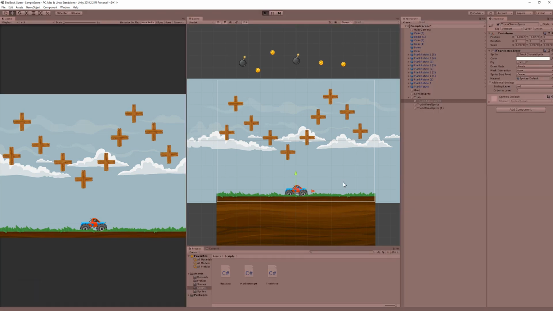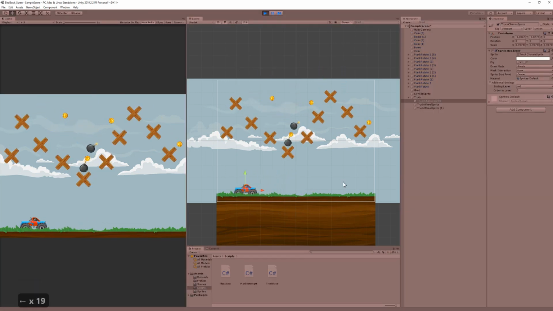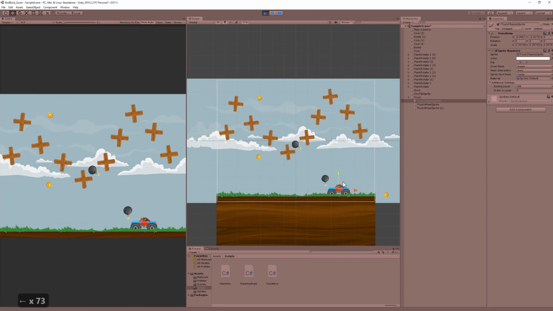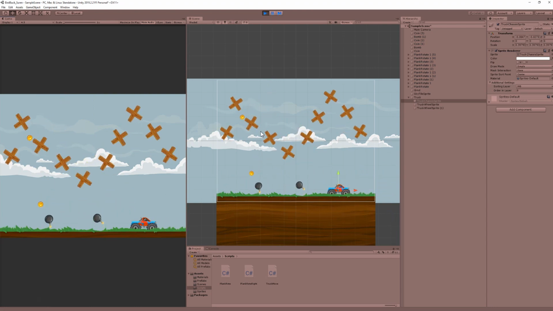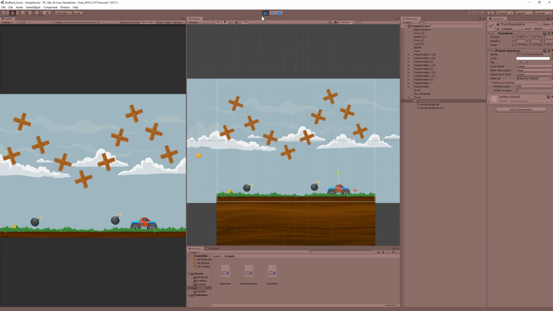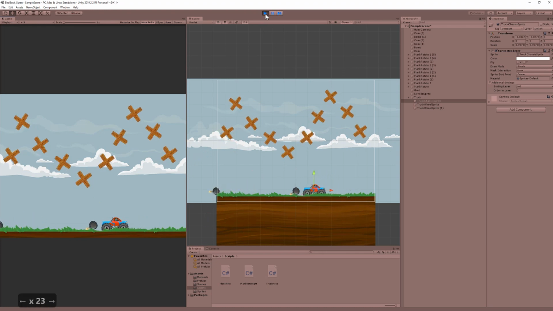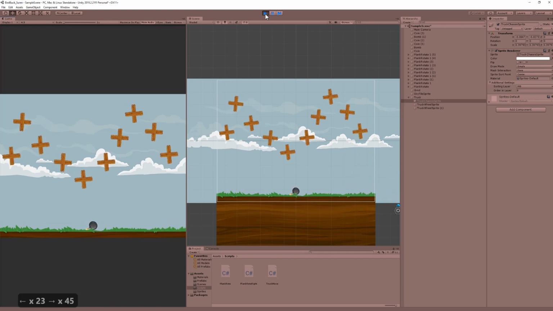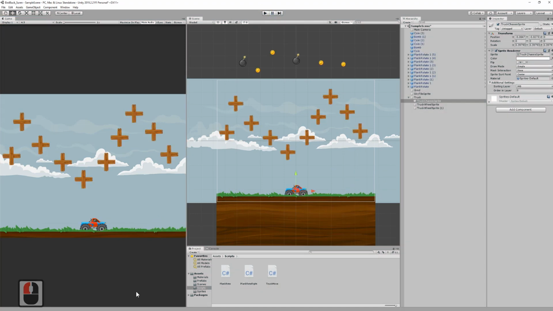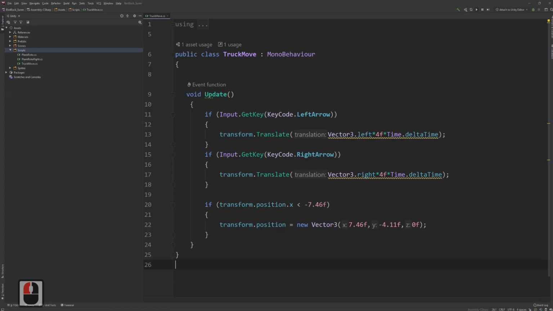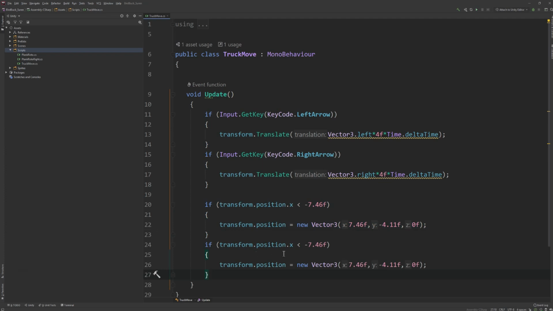Let's play. Ooh la la. Okay, I think there is a problem because the car is trying to fall. Okay, did you see? But I can't go in the right direction. It will never work because we never gave the if statement there. So we need to write the if statement here. Copy, paste. This time it's the opposite direction. If transform.position.x is greater than